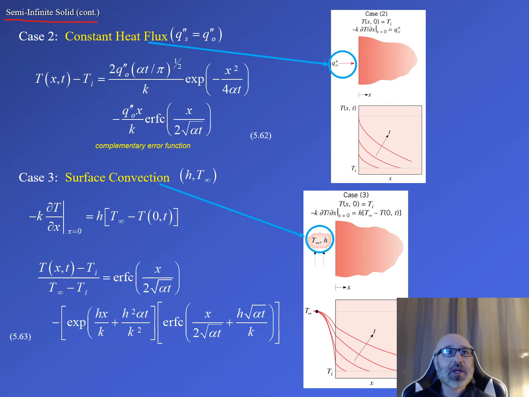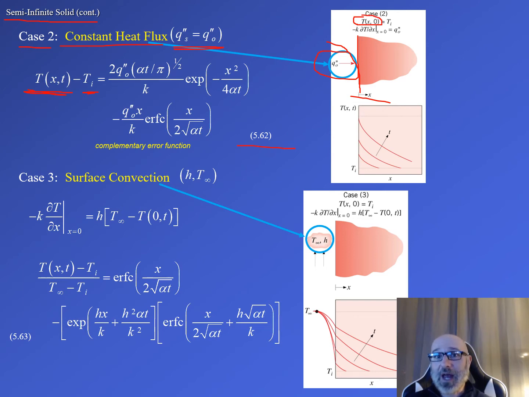Now let's take a look at case 2, where we have a constant heat flux. You can see our surface heat flux is equal to q naught double prime, right at this surface, where x is equal to 0. For this case of constant heat flux, we have our general governing equation shown here as equation 5.62 in our textbook, where the temperature at some position and time minus our initial temperature, where again our initial temperature is T of x comma 0,